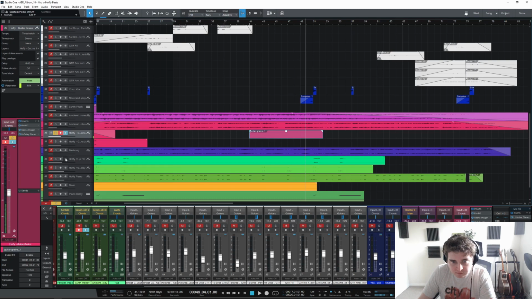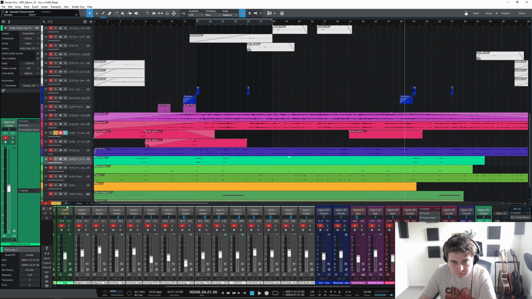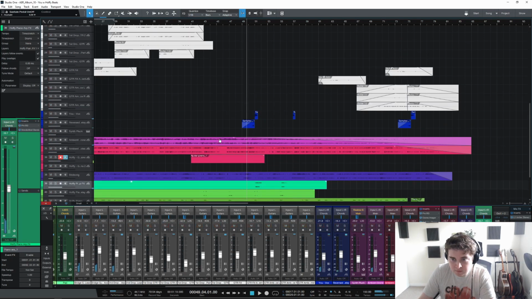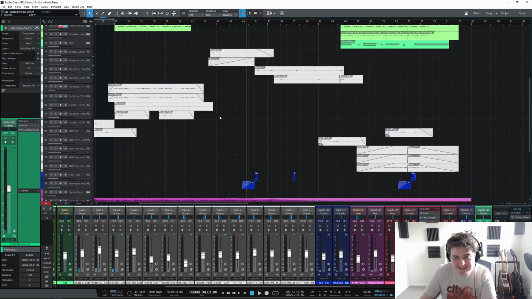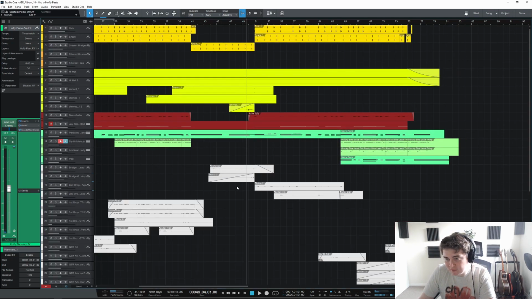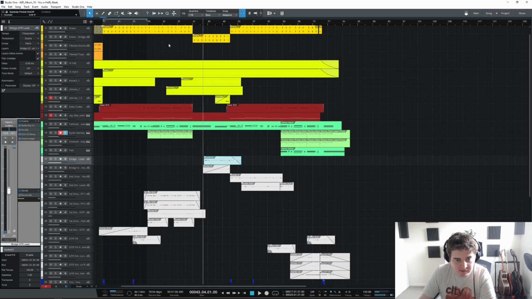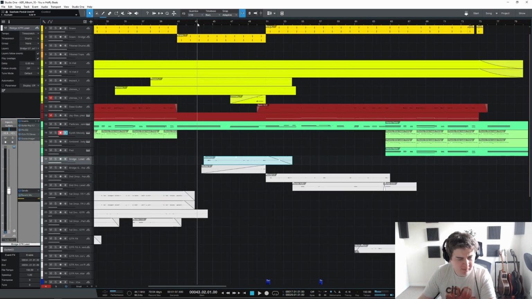What else have we got here? The piano arp comes back as well. It's very hard to navigate this one because there's so much going on. So we have some other guitar parts. We have a bridge lead here, which is something I spent quite a while trying to get right, because I wanted something in this bridge that felt less like a loop and more like a one-off piece, which became this part here.